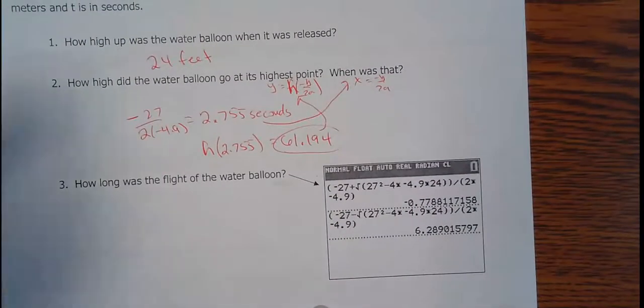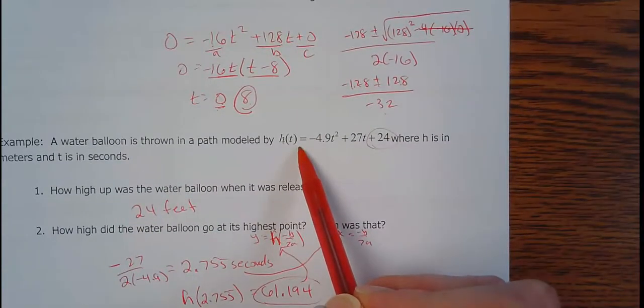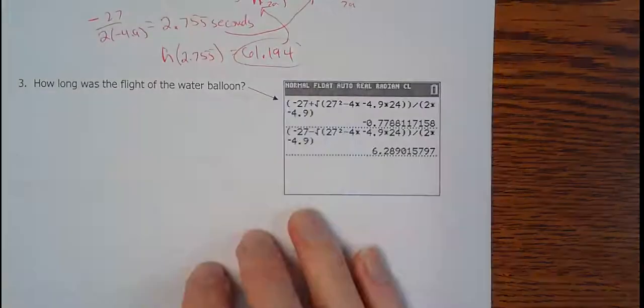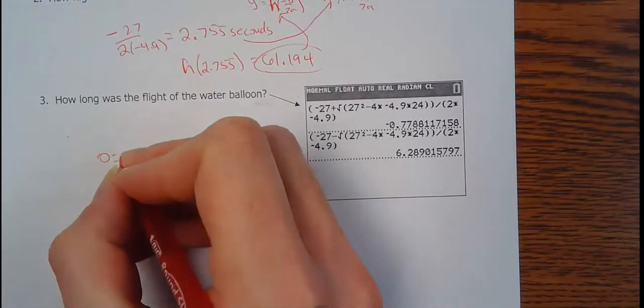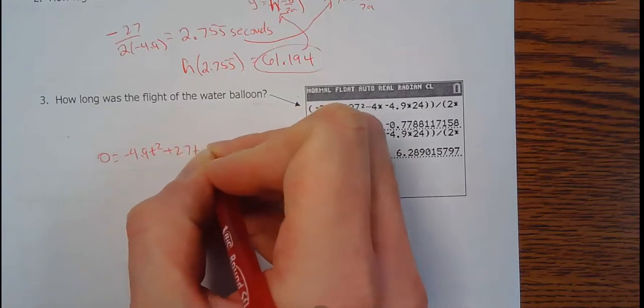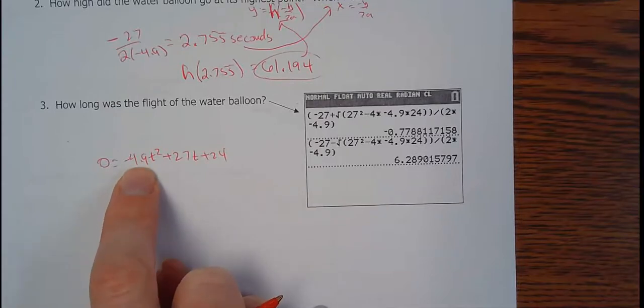How long was the flight of the balloon? So how long did it stay in the air? That means you're setting this equal to 0 because we want, from the time it was released to the time it landed, how many seconds did it take till it hit the ground? When it hit the ground, it had a height of 0. So that means I've got 0 equals negative 4.9t squared plus 27t plus 24. I'm not going to try to factor that with an a coefficient of negative 4.9. I'm not going to try to use complete the square. I'm just going to go straight to